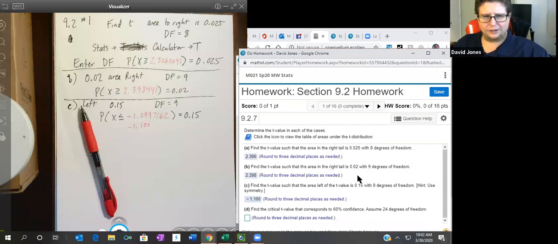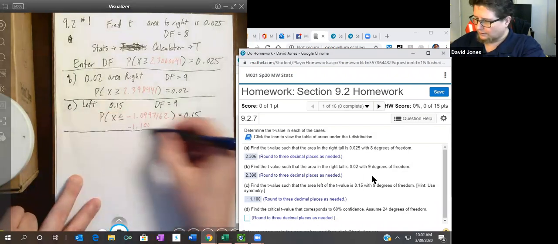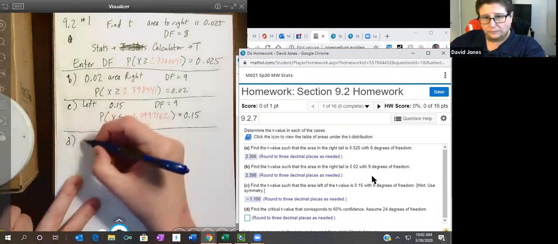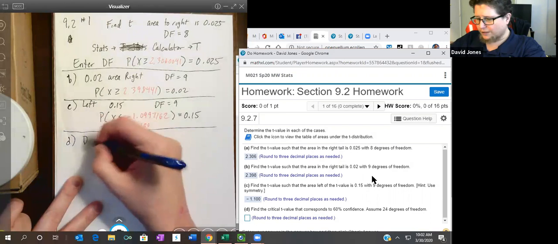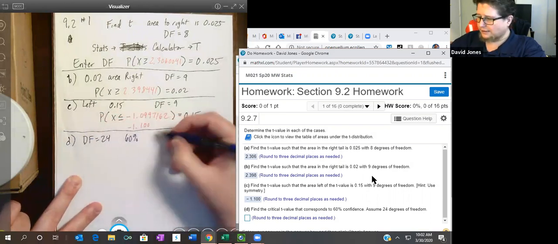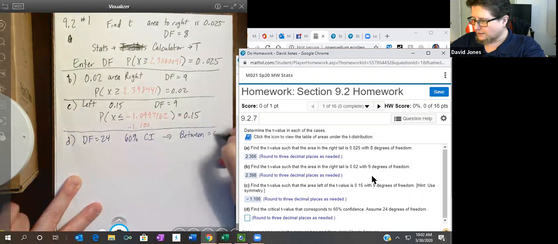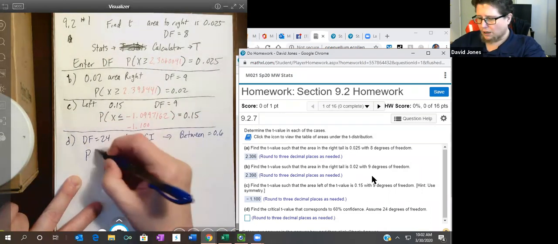Find the critical value t that corresponds to 60% confidence. Assume degrees of freedom is 24, not n. And we want 60% confidence. This means we're going to do between and do 60%. So we'll say probability